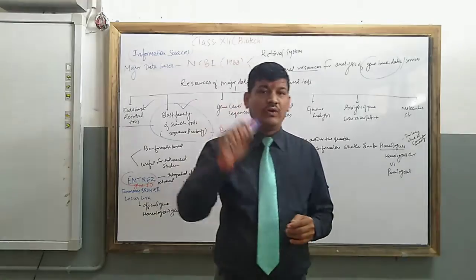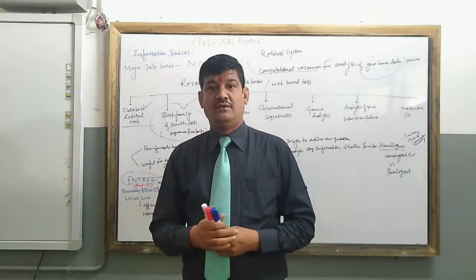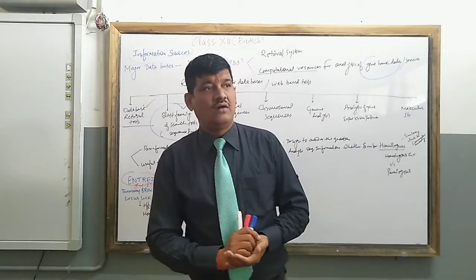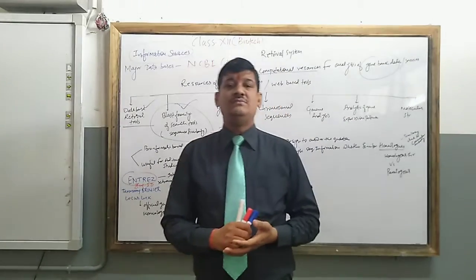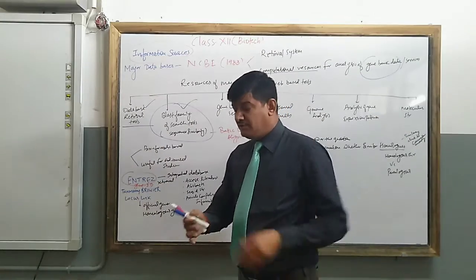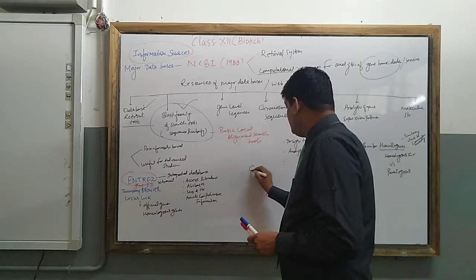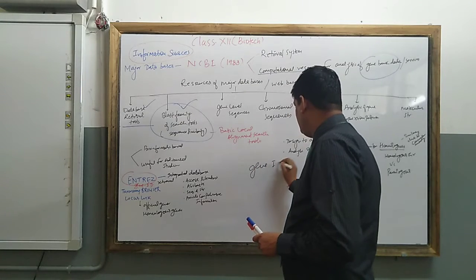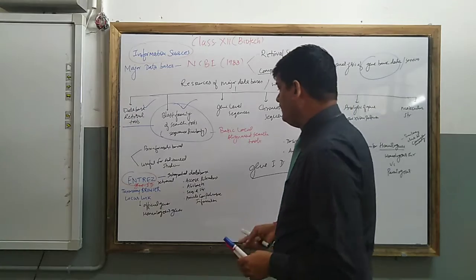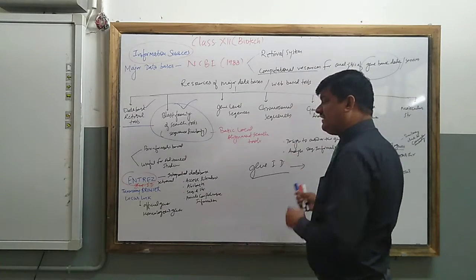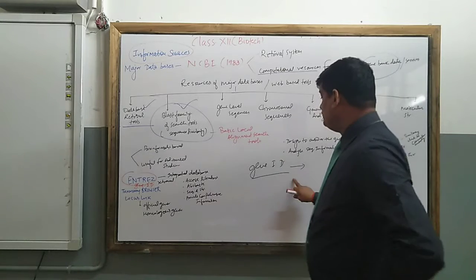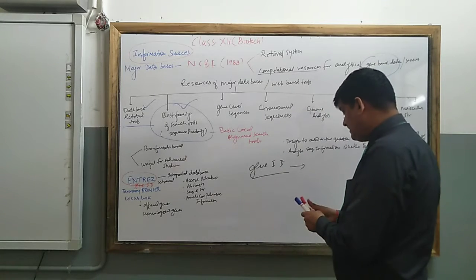This Entrez is locating the particular gene ID. For example, if you want to open Google or email, there is a Gmail ID. Similarly, Entrez describes the particular gene ID. What is gene ID? When we open this gene ID, what will you get? You will get the integrated database retrieval of that particular gene, and it is used to access literature.